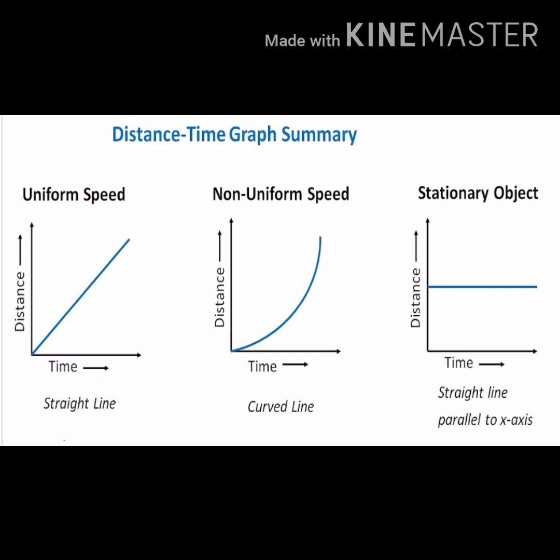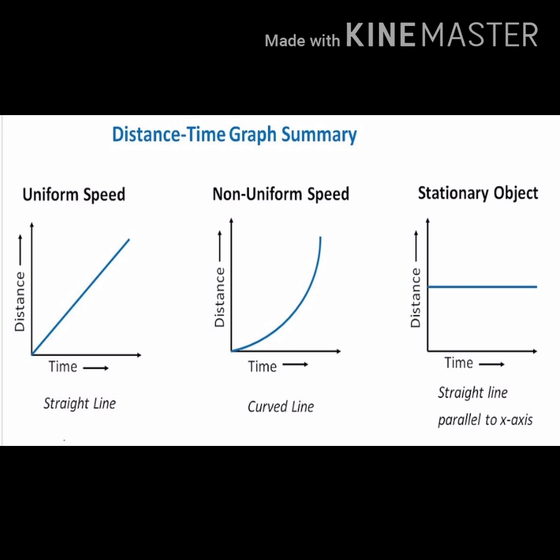Now in today's lecture, we will see the distance time graph for uniform motion and for non-uniform motion. Two graphs we will study first, and then we will also see the velocity time graph for uniform velocity. And the fourth graph that we are going to see is the velocity time graph for uniform acceleration. So many graphs to study today. Why graphs? Because it will give you a better idea and make you understand the concept of uniform motion and non-uniform motion and the relationship between velocity, time and acceleration.